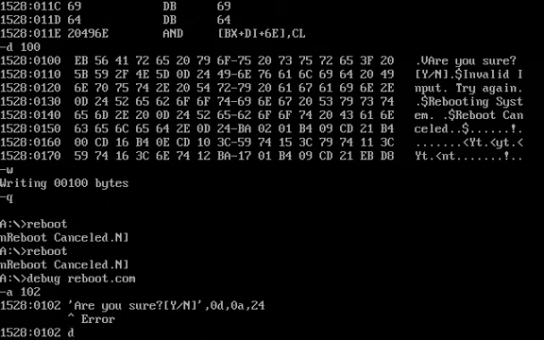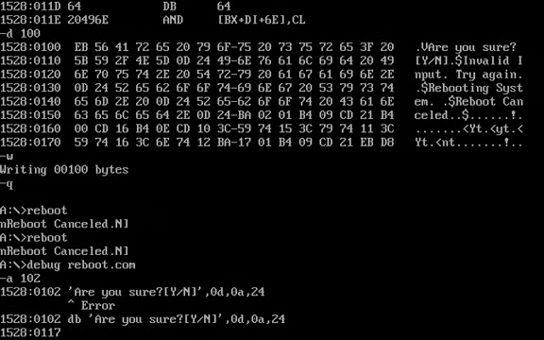Ooh, forgot something. db are you sure question mark yes no, no space, 0d, 0A, 24. Seem right? Yes, it does. And it ends exactly where all of our code tells us to read from, so we're safe. So we're going to go db and change this to